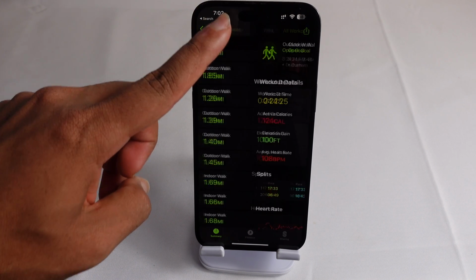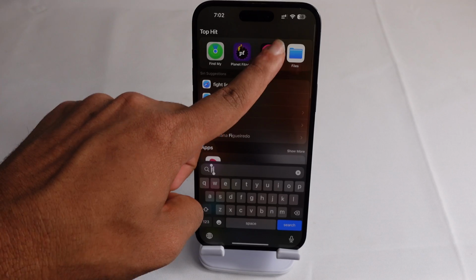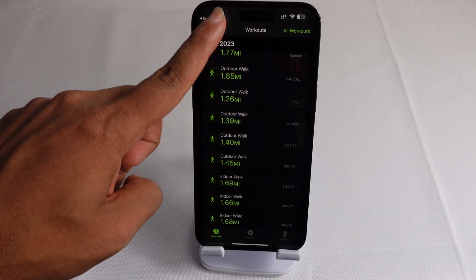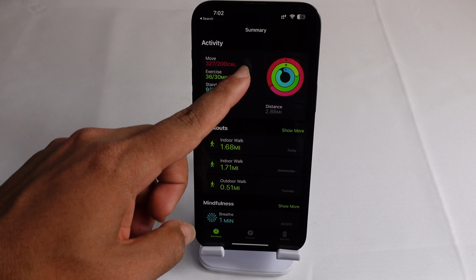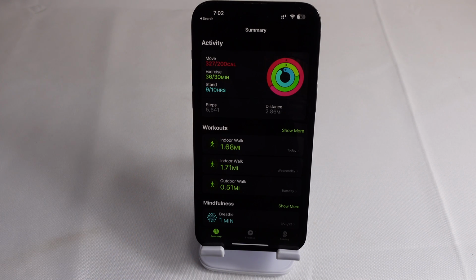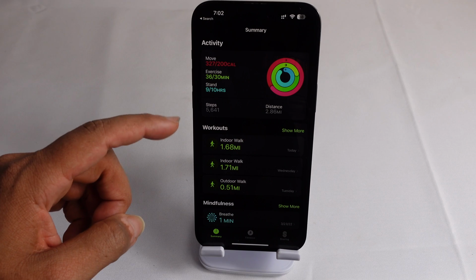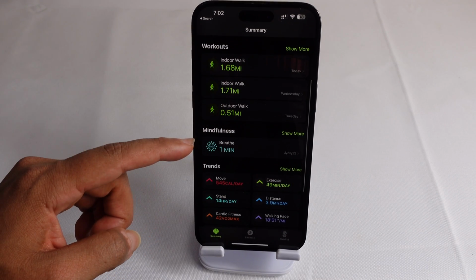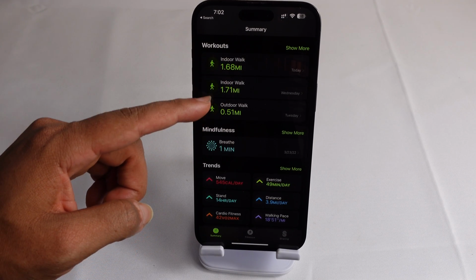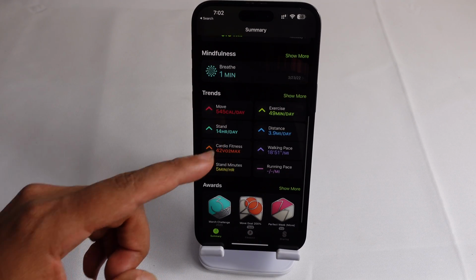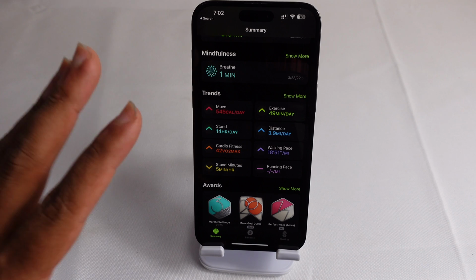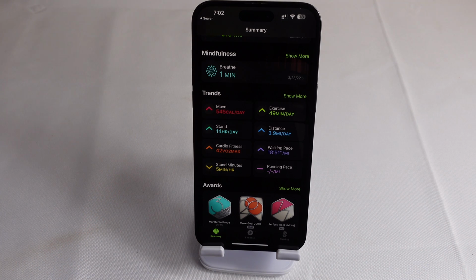So this is a preview of what it looks like when you have the Apple Watch connected to your iPhone with Apple Fitness. You get the two additional rings, the exercise ring and the stand ring. I can scroll down here. I can see the last time I did a mindfulness breathing session was in March, and I can scroll down here. Now trends. So since this Apple iPhone has a ton of data, if you use it week after week